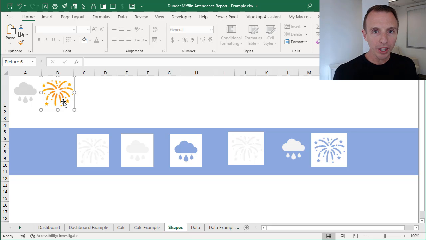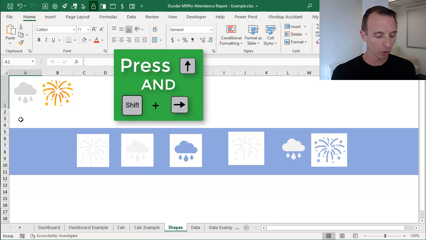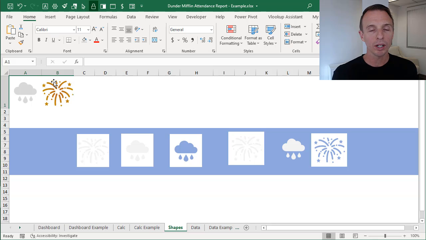So then from there, what we do is select both cells A1 and B1. And since there's icons or shapes on top of those, you can't really select them with the mouse. So I select cell A2. I'm going to hit the up arrow to select cell A1, then hold shift and right arrow to select cell B1. So we have A1 and B1 selected. Now I'm going to hit Control C on the keyboard to copy those cells. Can barely see the marching ants going there, but those cells are being